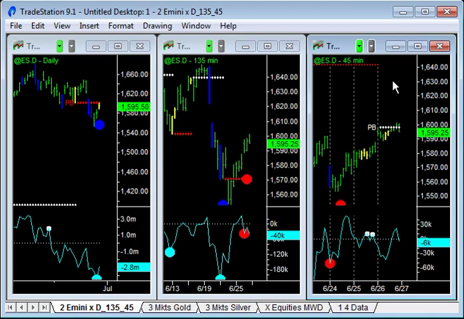Just pulling up the 45-minute, the 135-minute and the daily chart. Remember, there's a factor of 3 difference between these. So 3 times 45 minutes gives you 135 minutes. 3 times 135 minutes gives you a trading day, which I think is 405 minutes during the trading day. It's just like the 500, 1500, 4500 tick bar charts, just using a factor of 3 to zero in